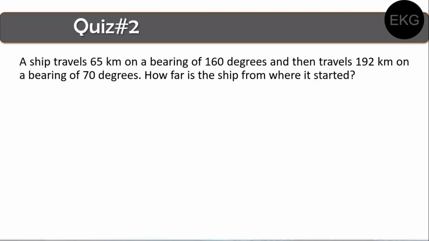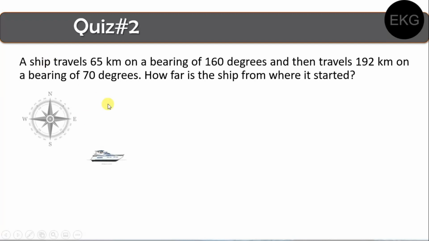For the third problem, a ship travels 65 kilometers on a bearing of 160 degrees and then travels 192 kilometers on a bearing of 70 degrees. How far is the ship from where it started? For the illustration of this problem, we'll start with a